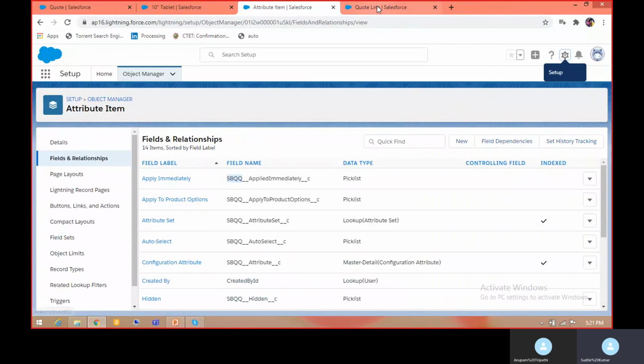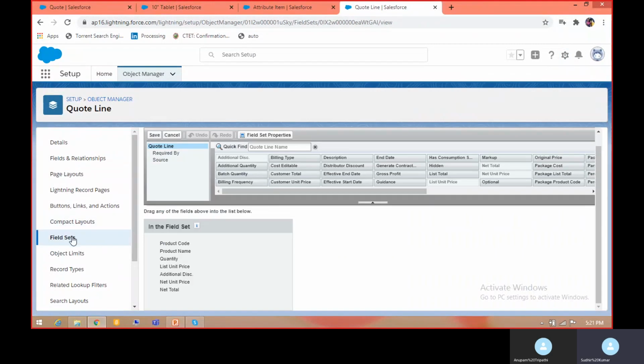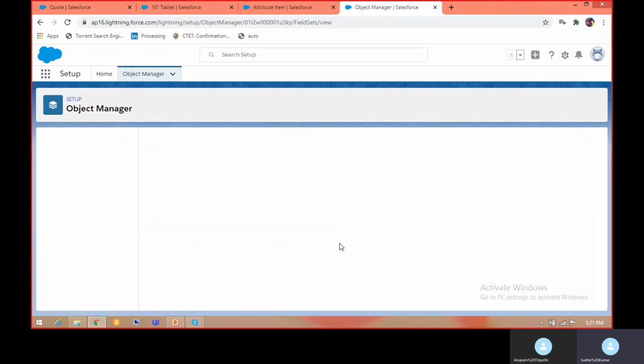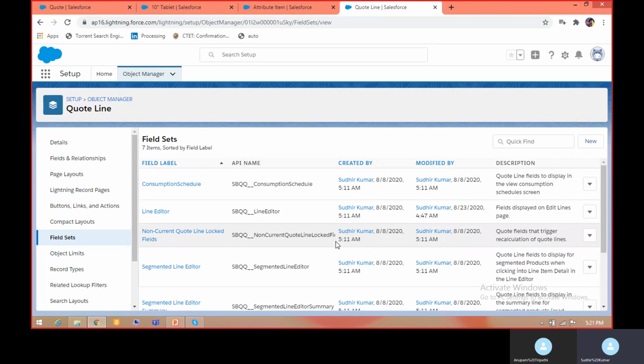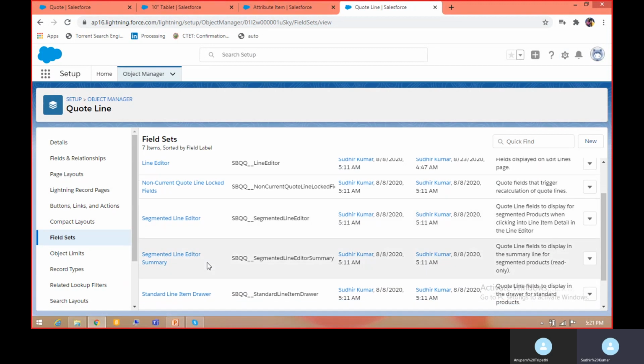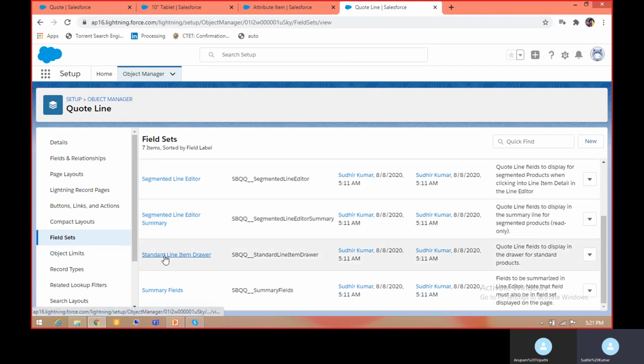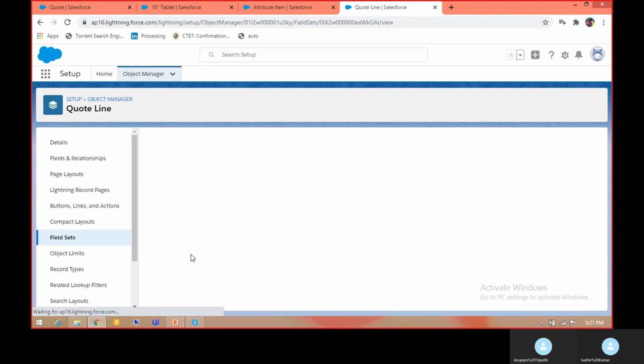For changing this, it is the same way. You need to go to object manager, select the quote line object, and this time we will be selecting the standard line item drawer field set.